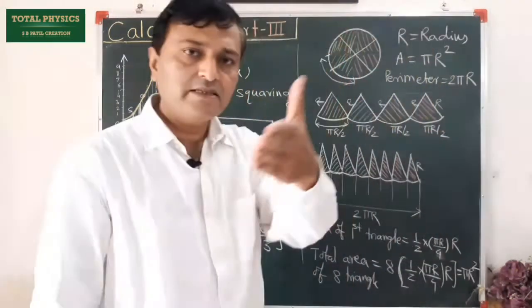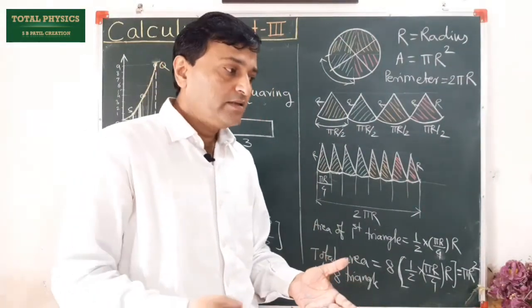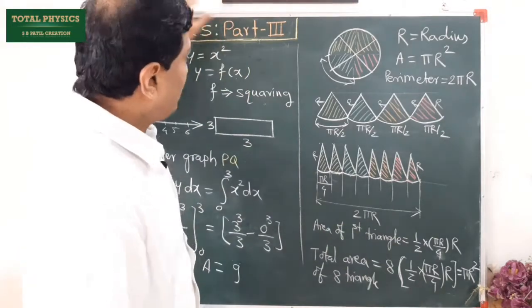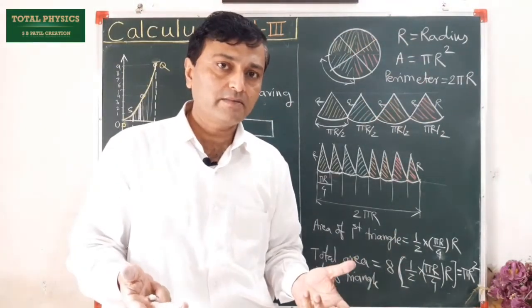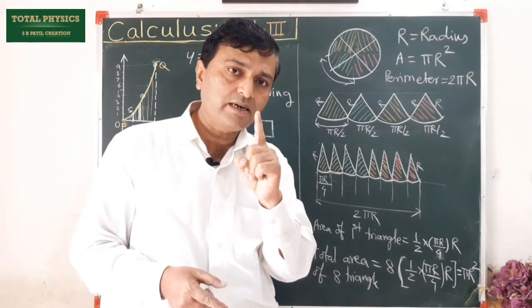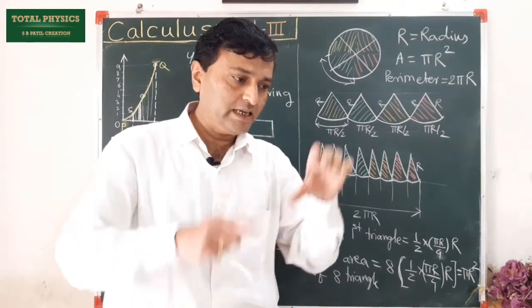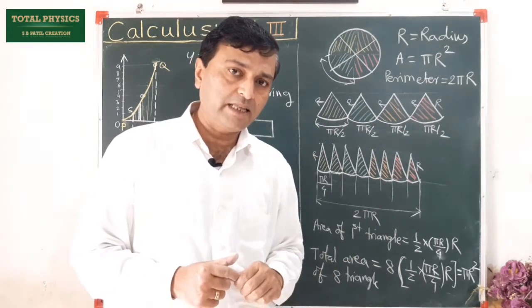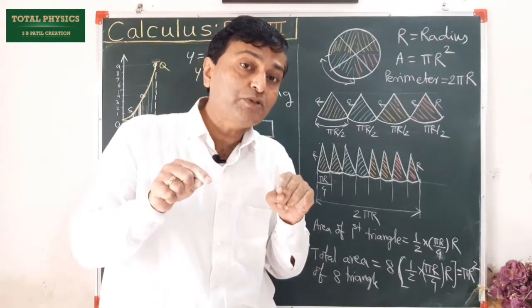Does this blackboard have straight edges? We say so, but remember, there is no straight line in this universe, though there is a chapter on straight lines in mathematics. There is no absolute straight line,